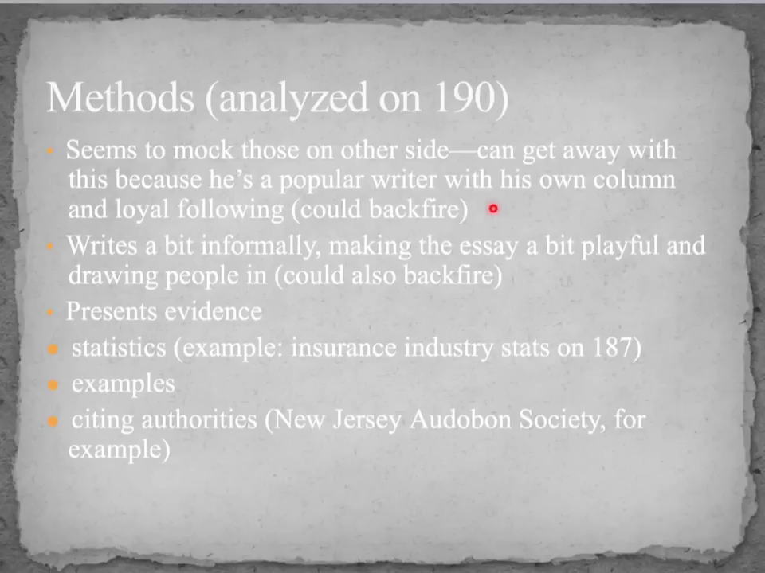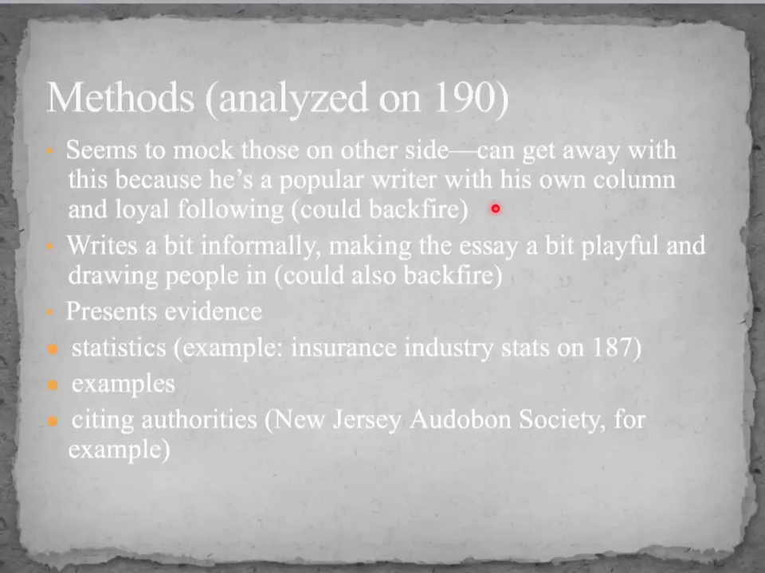Okay, these first two we're going to examine are things that he does because he's a newspaper writer, a popular columnist, that might not work for you or I if we were trying to write an academic paper like you're trying to do in this class. One thing is that he seems to mock people on the other side. And remember, he can get away with this because he's a popular writer with his own column and a loyal following in a newspaper. We couldn't get away with this if we were trying to persuade others in a respectful,